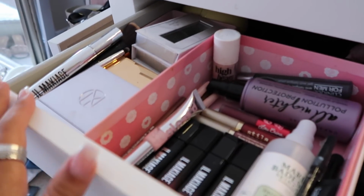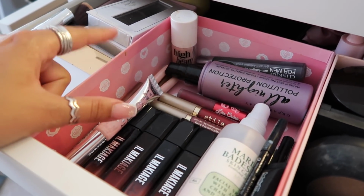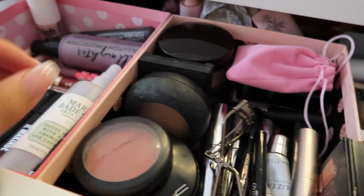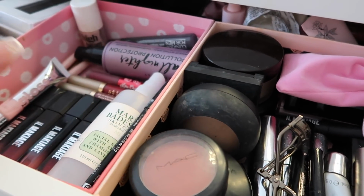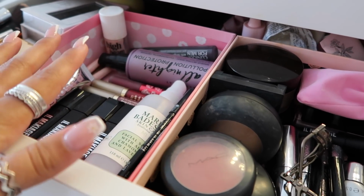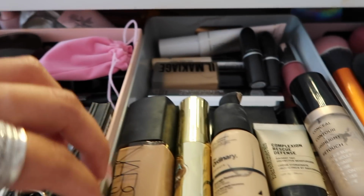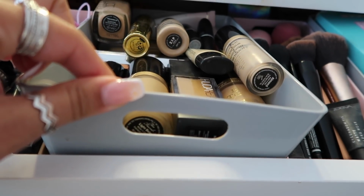But yeah, I think I have shown this in a video when I first organised it, but I always get questions on my Instagram asking what I use to divide it all up. So I have these boxes here, which are both Glossy Boxes. Any little gift boxes that you might have are honestly perfect to fit in drawers like this. But then if you do want something a bit more substantial, then go for these,